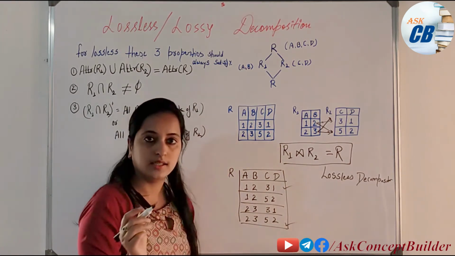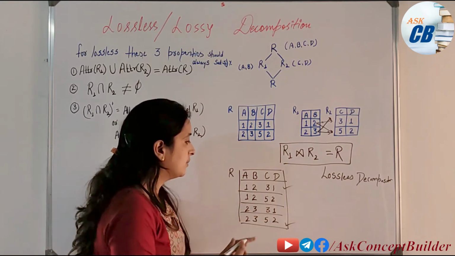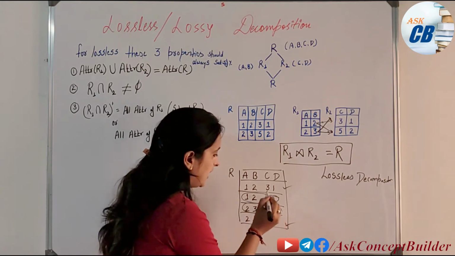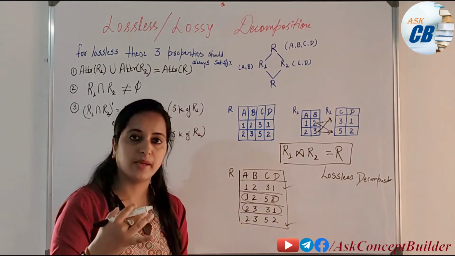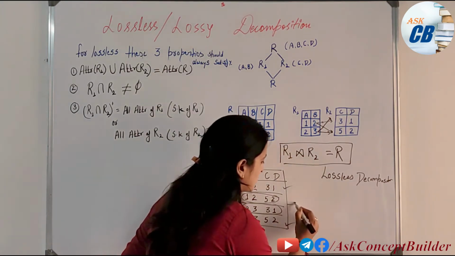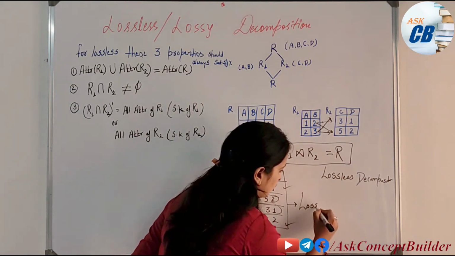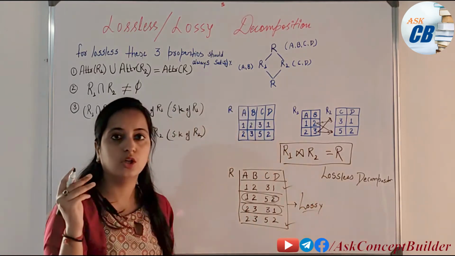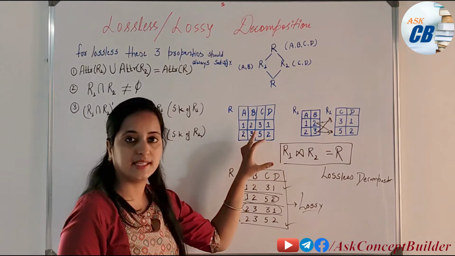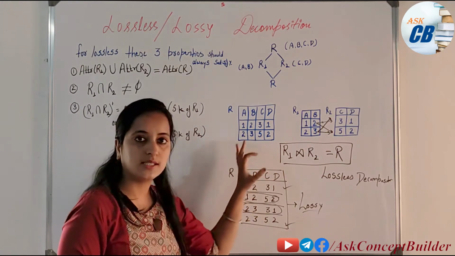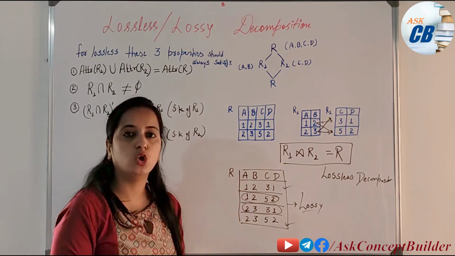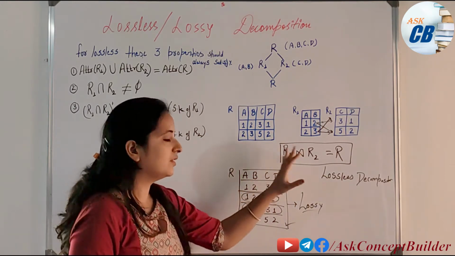Yes, we are getting these two, but we are getting some extra tuples also. And what I told you, if we are getting some extra tuples or fewer tuples, then it is a lossy decomposition. This is not a lossless decomposition. If after joining these two I would have got exactly these two tuples, the same as in relation R, then that would be a lossless decomposition. So in this way we will join it.